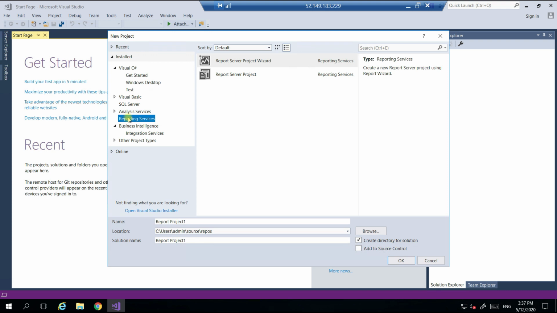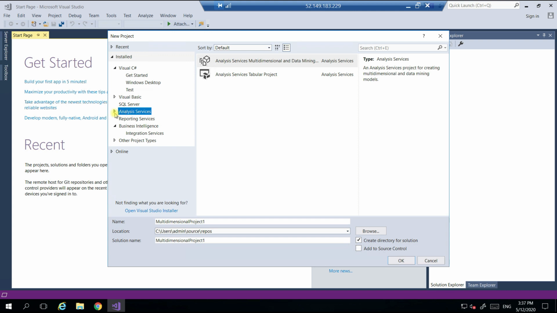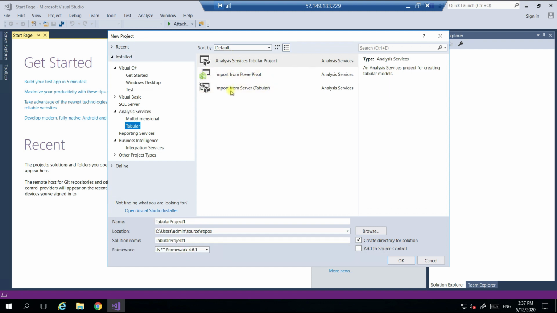If someone is working on SSIS, they have to select Integration Services. Because we are discussing SSAS especially, we go with this option. In SSAS we have two more things, multidimensional and tabular. Once Power BI service is done, we go to this tabular mode, and this is where we work on creating projects and all.